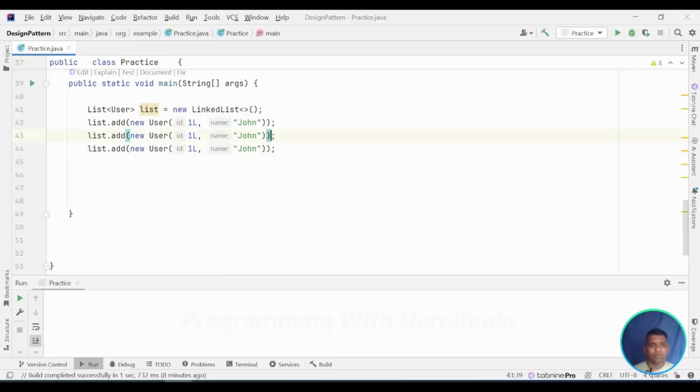I add a number of records: 1, 2, 3, Nilesh,